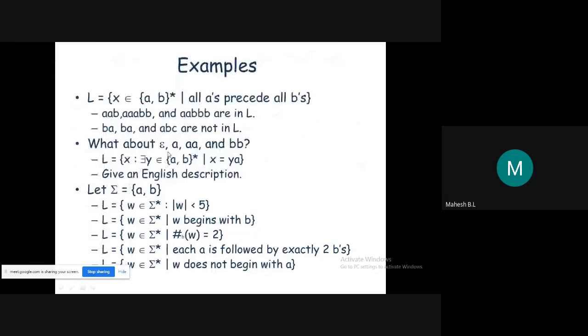So this is very complicated, we can understand. From this also we can understand L is a language, X are the strings which belong to L. X is such that YA, so X always ends with the A. What is Y? Y is nothing but set of the strings which can be formed using A and B. So instead I can write L is equal to X belongs to A comma B whole star, and in the description part I can write L is equal to X belongs to A comma B whole star, and